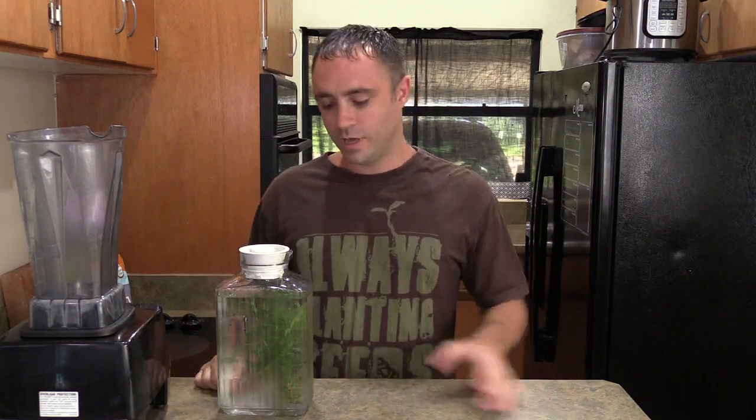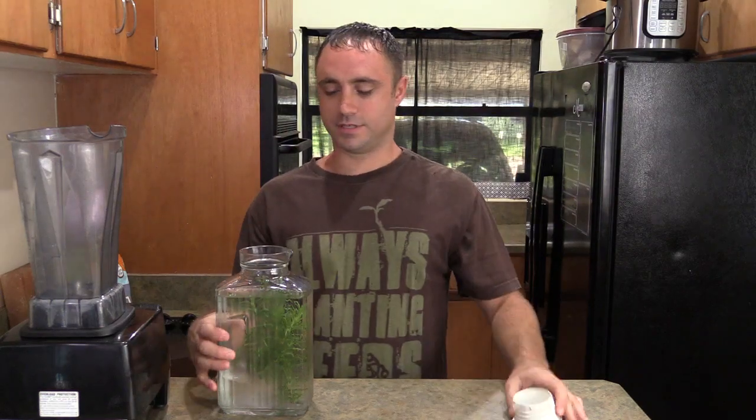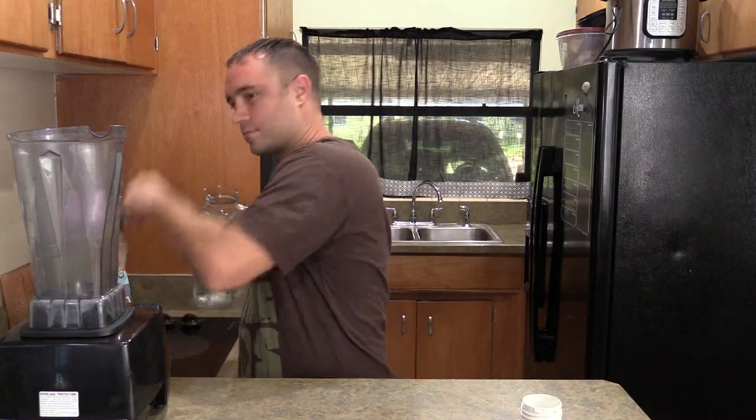a container like this and then fill it up with water. And then you want to let it sit overnight, or at least overnight, but a day or two works well too. And what's going to happen is you're going to get some rosemary flavor in this water. So then after it's set, we put it in the refrigerator so that way the water is already cold. And then you can just